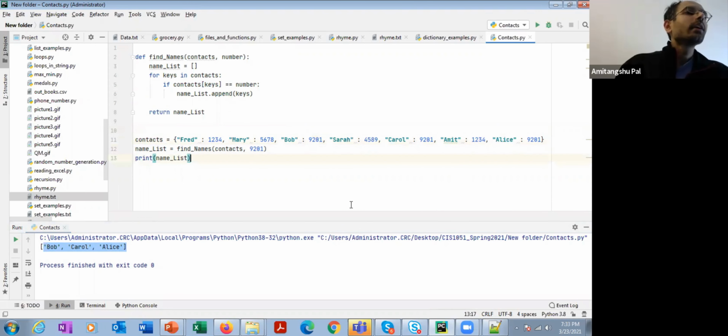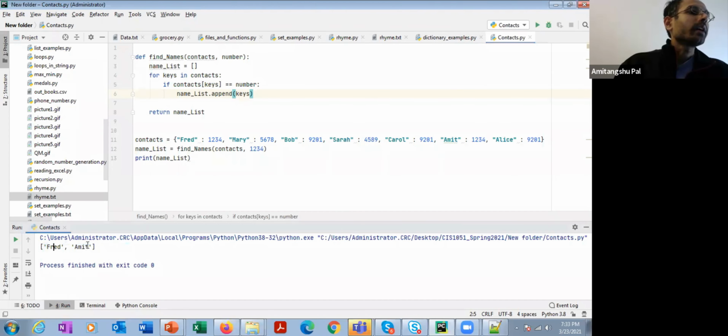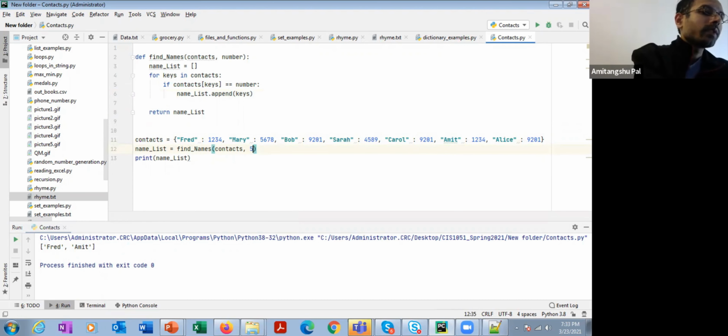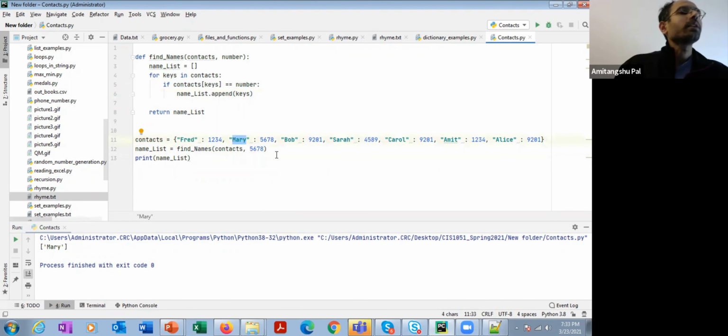Suppose I am just passing 1, 2, 3, 4. 1, 2, 3, 4 is shared by Fred and Amit. And if I pass a phone extension like 5, 6, 7, 8, this is only used by Mary, so it is going to return Mary.